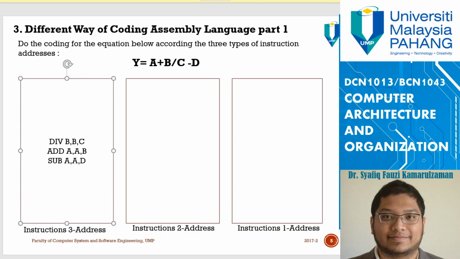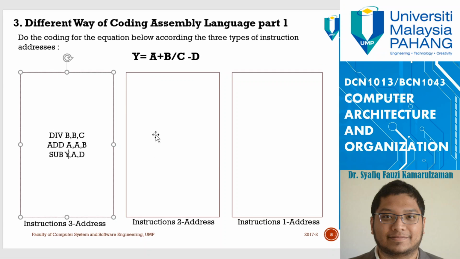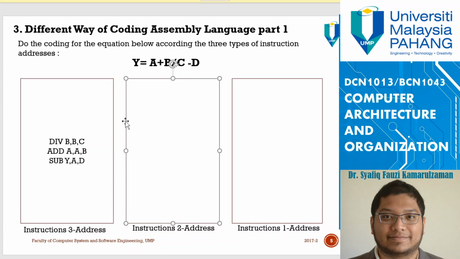Because I put Y here, you can put Y here, it's fine, Y A D. This is just an abstraction of the assembly language, so it's fine if we define it like this, as long as the equation is correct. So for 2 instruction address,